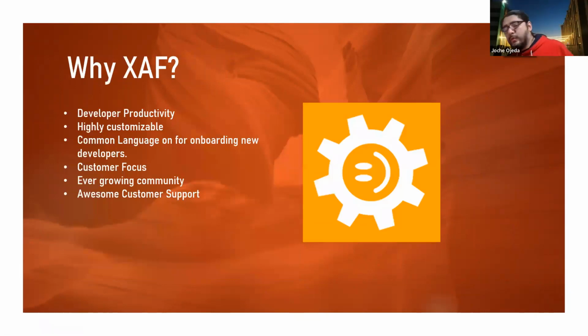Okay, so these are some of the reasons why I think it's important to use something like XAF, or in general an application framework. First is developer productivity. Most of the things that you think are unique for your application are actually really common. And you don't want to come up with a solution for common problems all the time, in the sense that